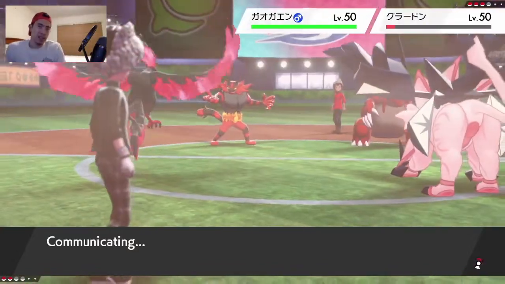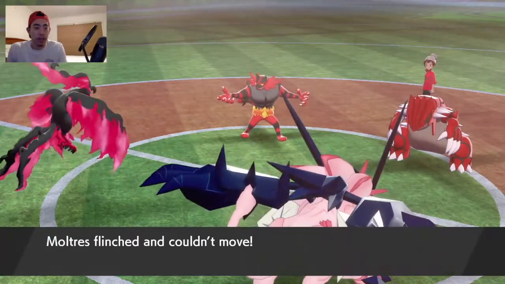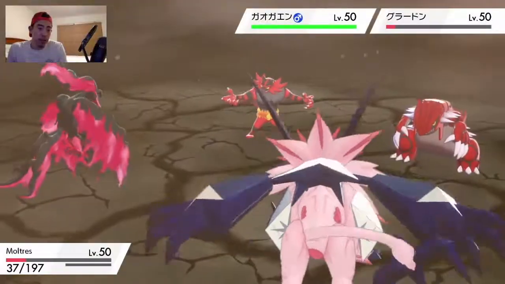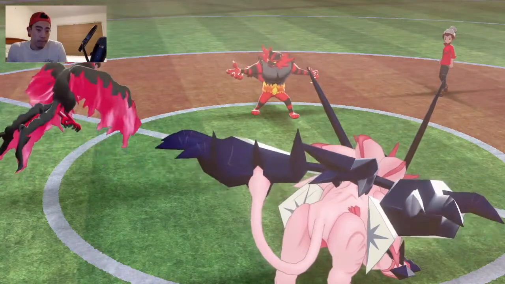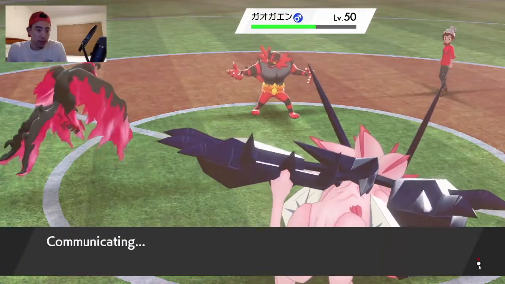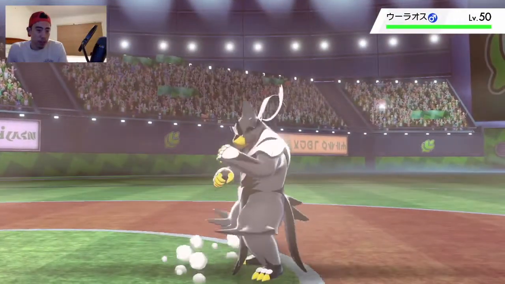Maybe I think I made... Yeah, I don't know. Use Fake Out onto the... Ooh, Moltres. Okay, well, luckily I do get the Earthquake off, though. So, that's going to be pretty big, right? Weakness Policy and... Ooh. Wait a minute now. He could try to Sucker Punch into the...